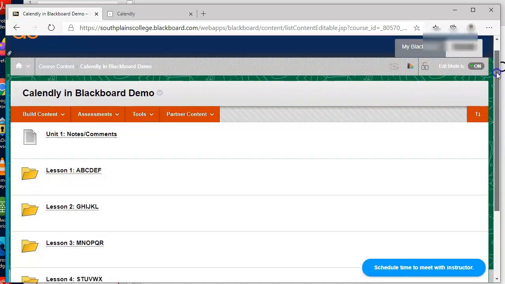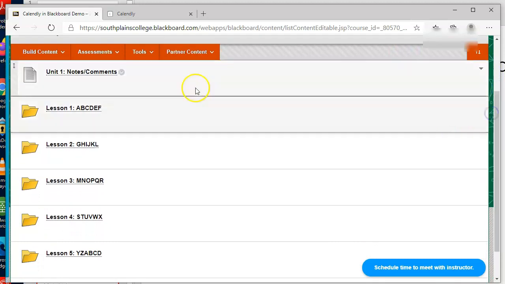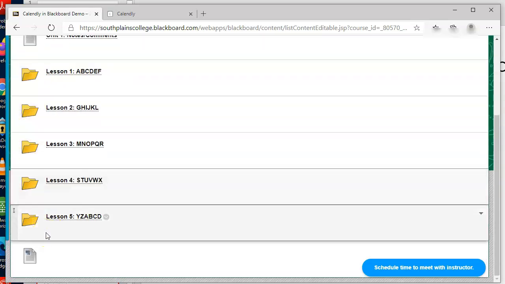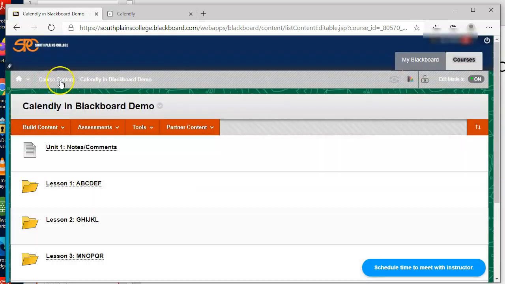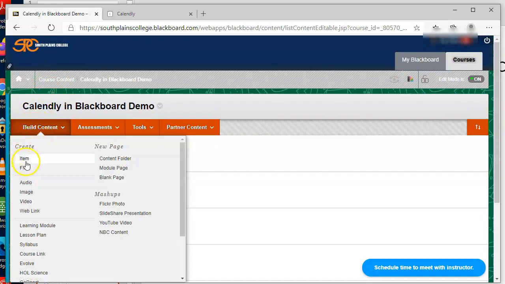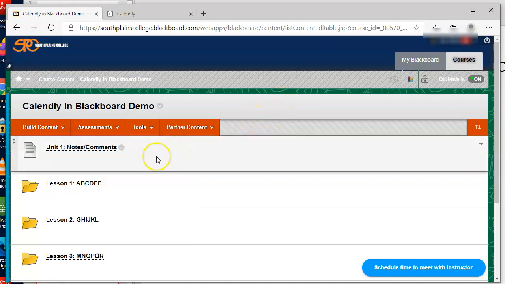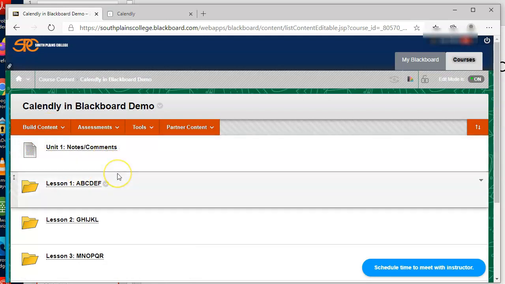I've given you a demonstration over here. On the left-hand side, you'll see a file, you'll see some content folders, and you'll see an item. Let me review that. We've got items, files, and content folders. I wanted to show you because I use these three often. So as you have your page set up,